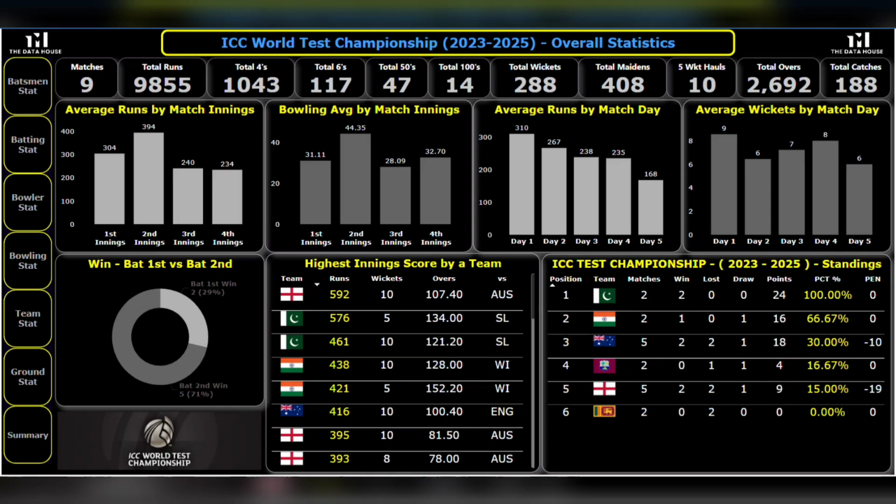This is the newly developed Power BI dashboard for the ICC Cricket Test Championship tournament, and it analyzes the data. You can see this is the overall statistics page. On this page you can see matches, total runs, total 4s, sixes, 50s, hundreds, how many wickets were taken by bowlers, maidens. All of the statistics are in here, and also average